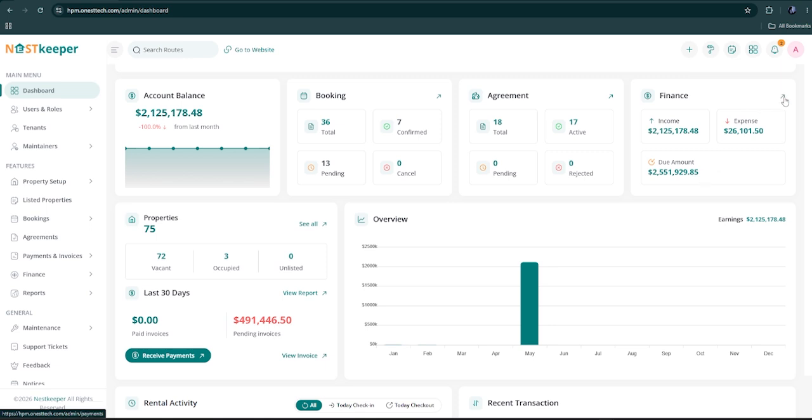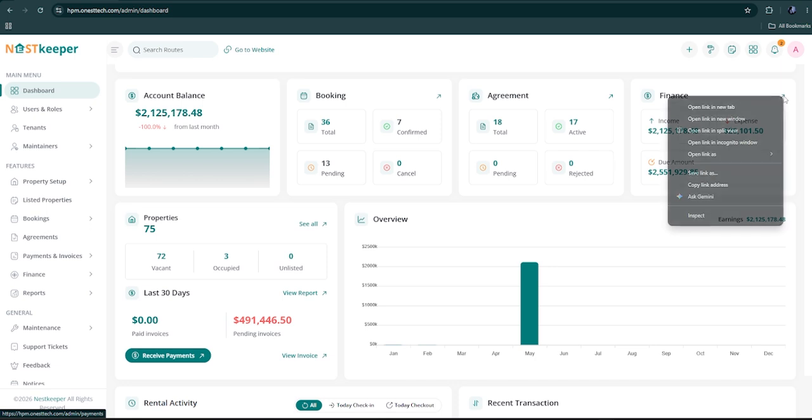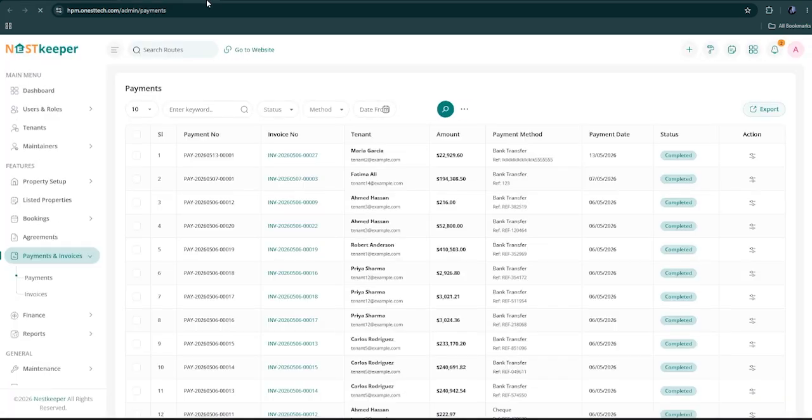So if you click on the linkable arrow, same like the booking and agreement, you will find the option. You can see complete records of your payments. As you can see from here, it takes you to the payment invoices directly. Here you can see the payments, the payment number, the invoice number as well, the tenant information, the amount, the payment method, payment date, your status, and you can also find the same action button here